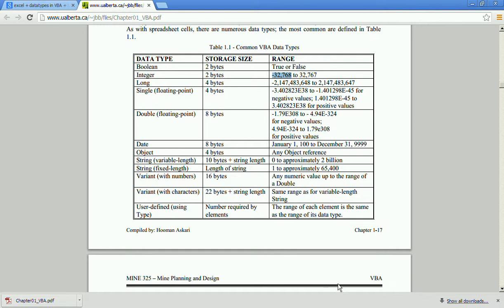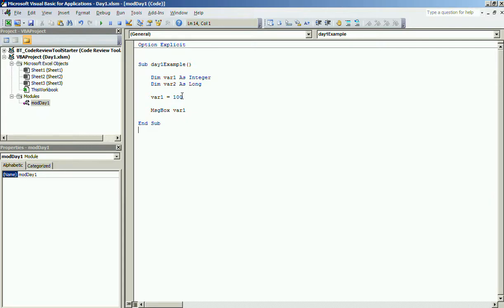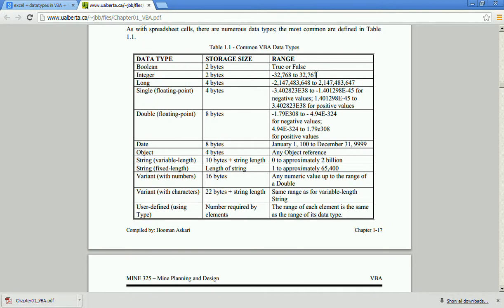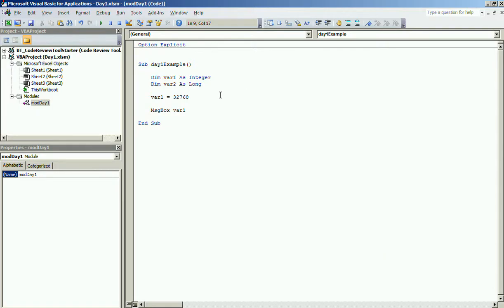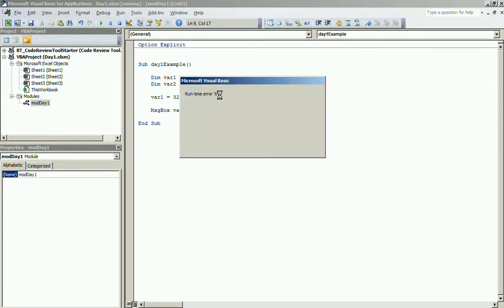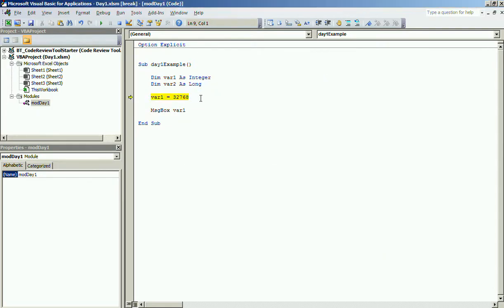So if we assign a value, say 32768, you can see it goes only up to 7, so it will give a similar error, overflow. It can only hold up to 32767.